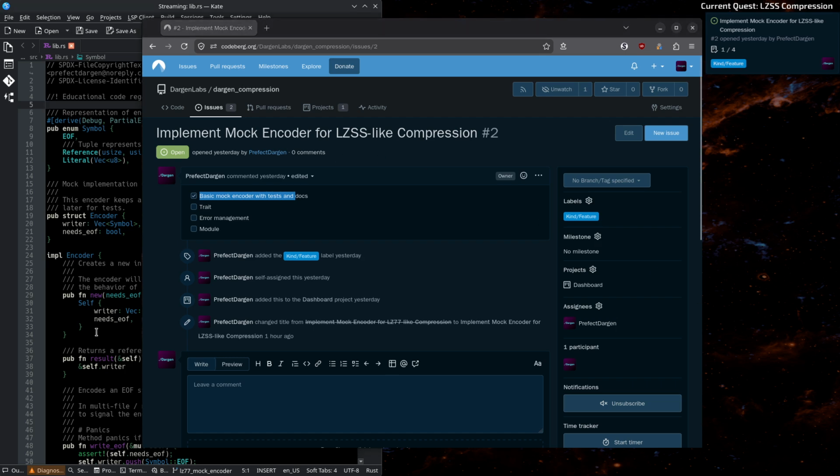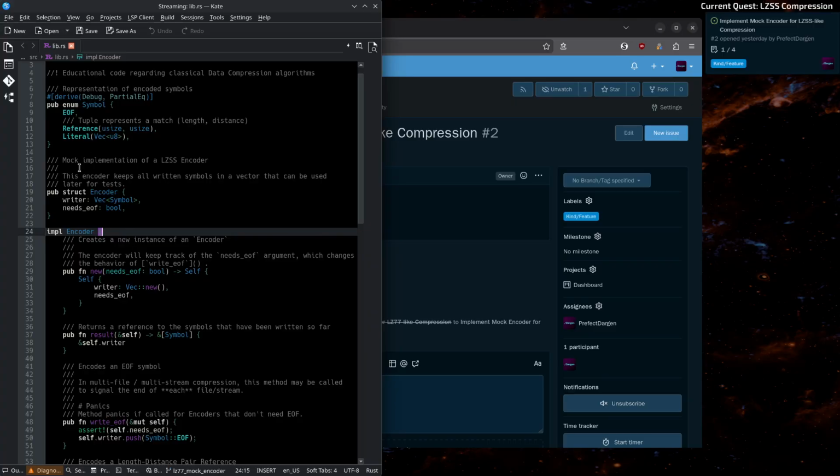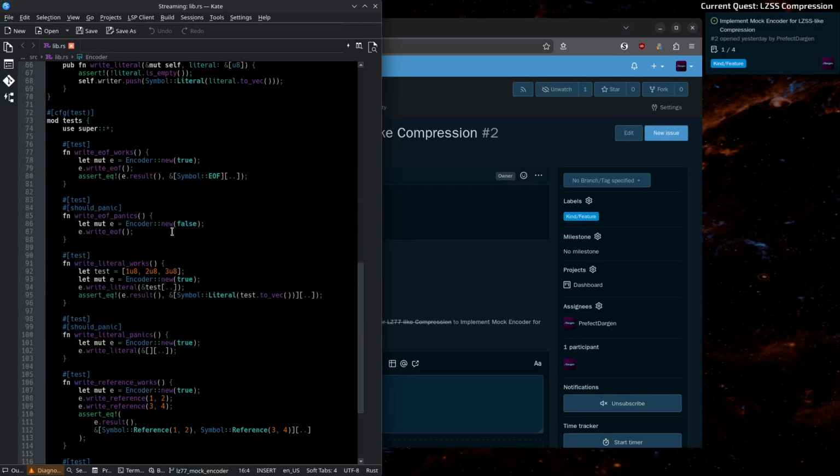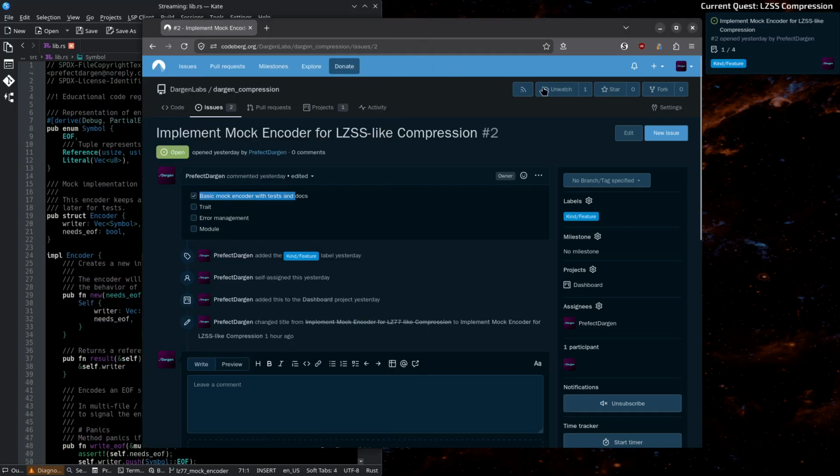And we wrote the first version of the encoder that has a documentation, and it also has a test. All right, so before we start with the next steps, which are moving the encoder or part of the API of the encoder into a trait plus error management,